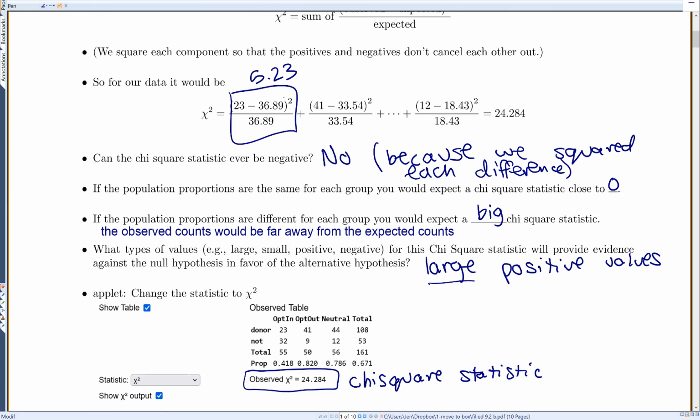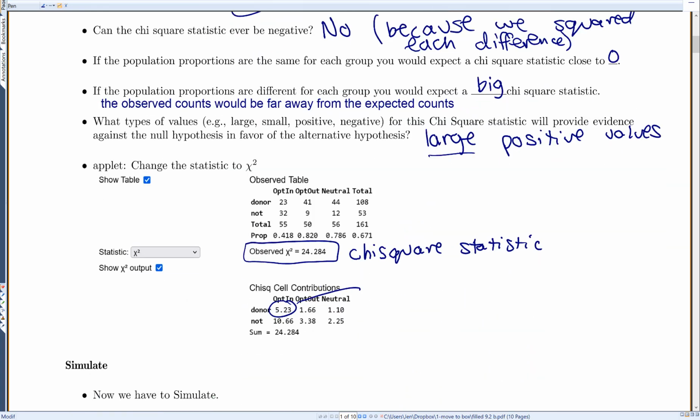So basically it's telling you each piece of the chi-squared formula. This is what we got in one cell, this is what we got in another cell. You don't need to know that, okay? Because all you have to know is the sum at the very end is your chi-squared, which equals 24.284. But it tells you that here. That's what it is when it talks about the contributions. It's just saying this was this piece of the formula for that one cell. Okay,